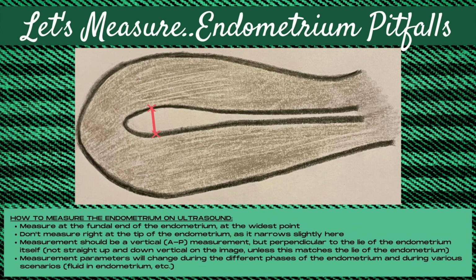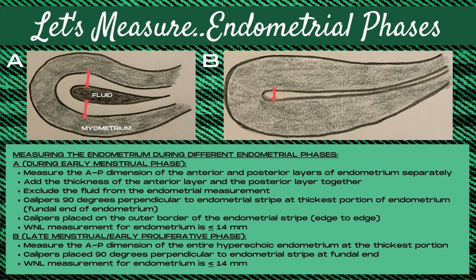The measurement parameters are going to change during the different phases of the endometrium and during various scenarios, such as having fluid in the endometrium. When measuring the endometrium during the early menstrual phase, you want to measure the AP dimension of the anterior and the posterior layers of the endometrium separately, because you want to exclude the fluid from the endometrial measurement. Then you want to add the thickness of the anterior layer and the posterior layer together